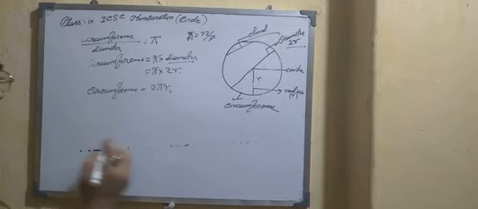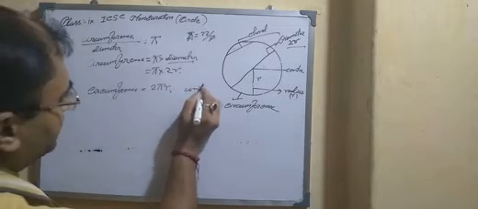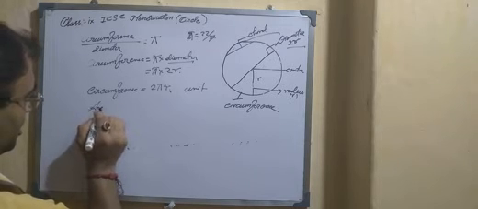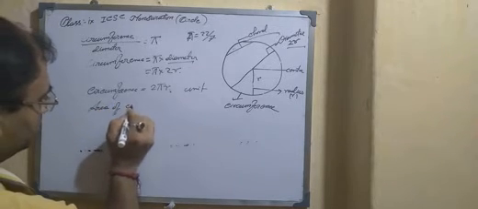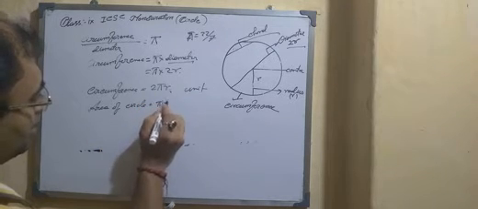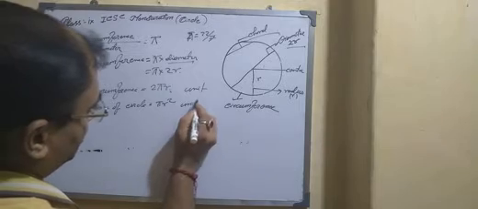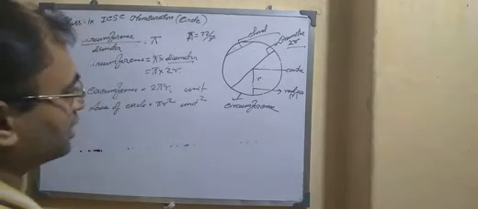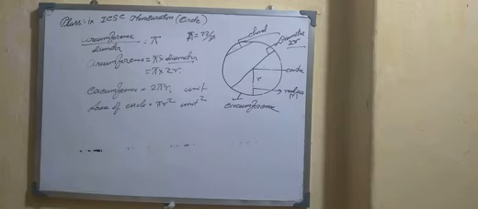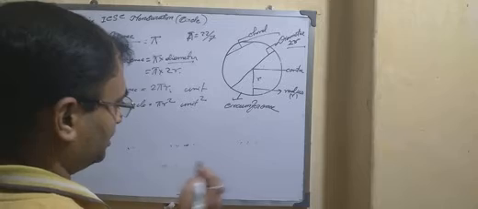and the area of a circle is equal to pi r square. The unit is unit square or square unit as we like. Okay. So this is the circumference, this is the area of a full circle.